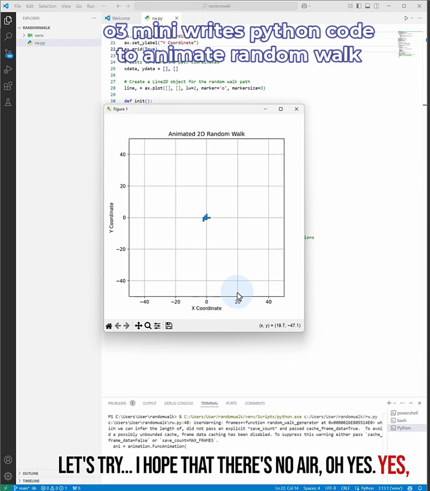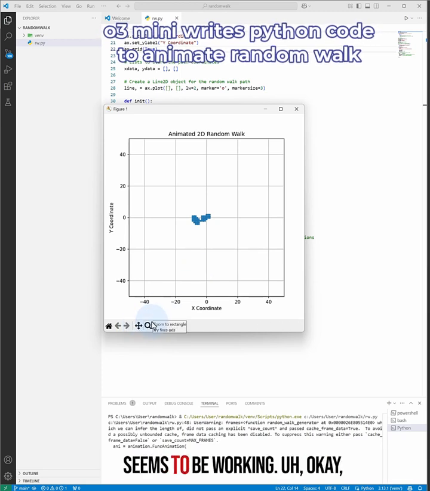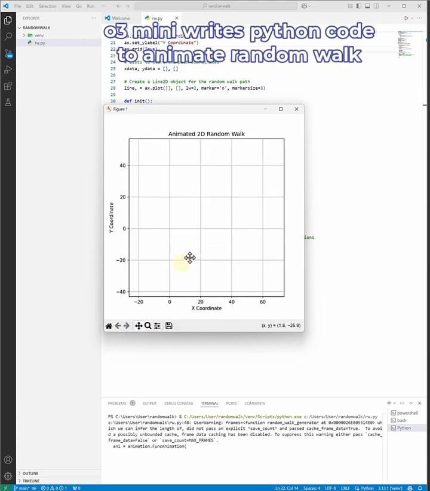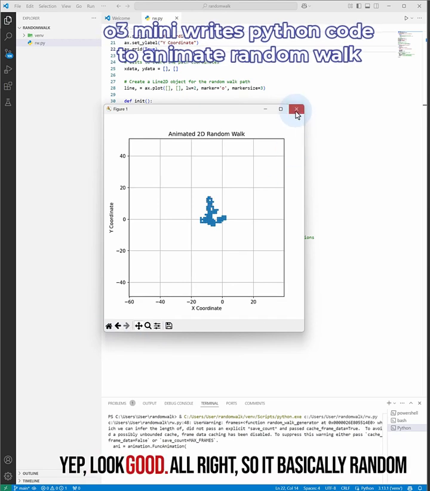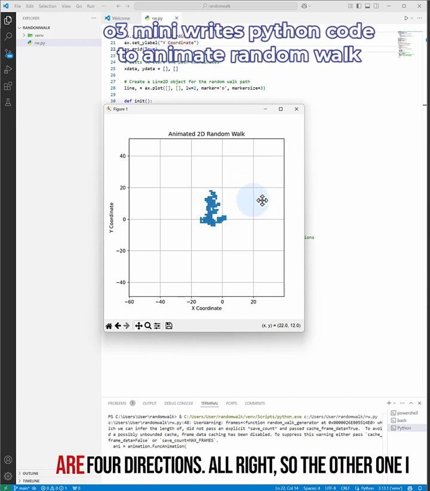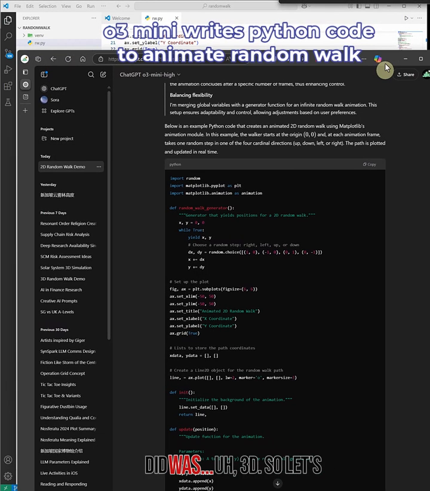Oh yes, so this is a 2D or two-dimensional plane. It seems to be working quite okay. Yep, it looks good. So it is basically a random walk as they move left and right. Basically, there are four directions. All right, so the other one I did was